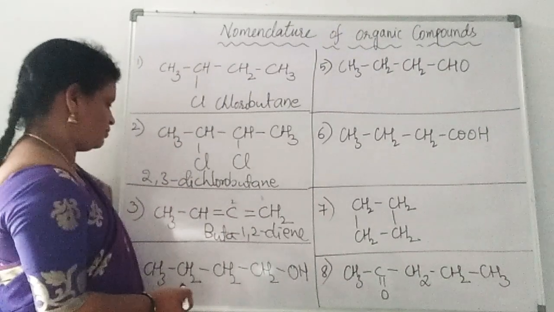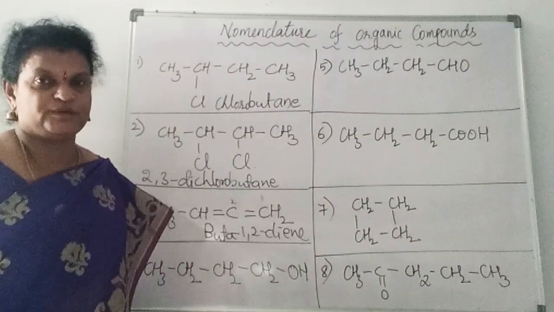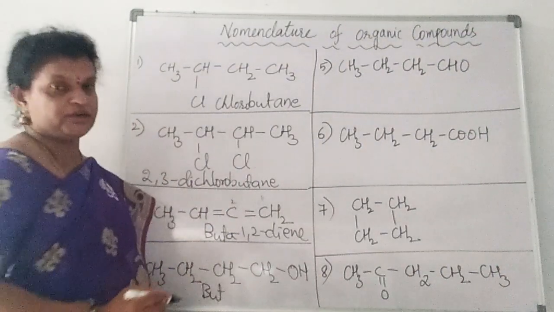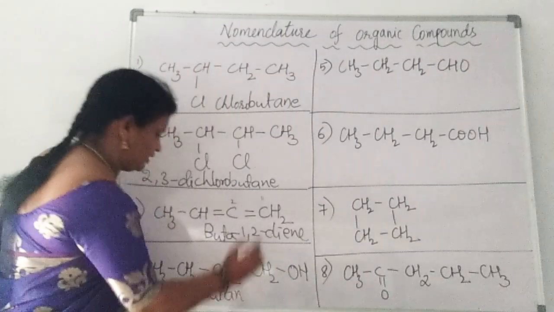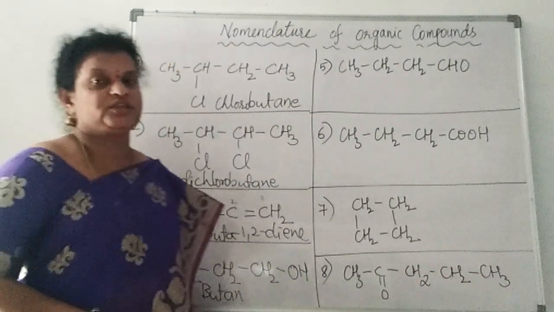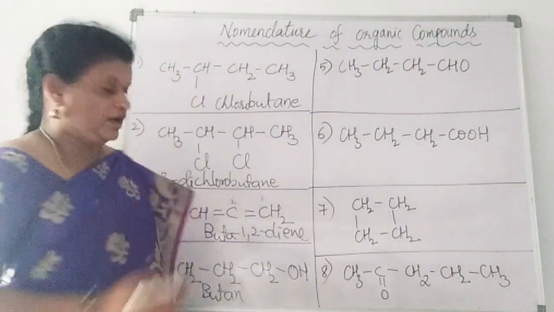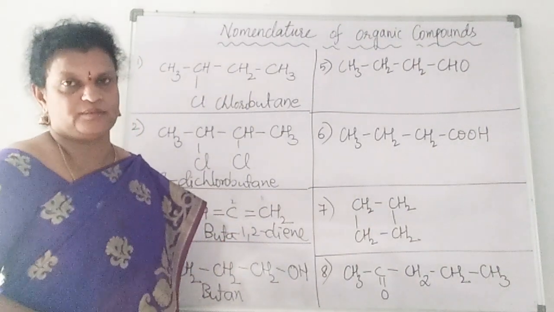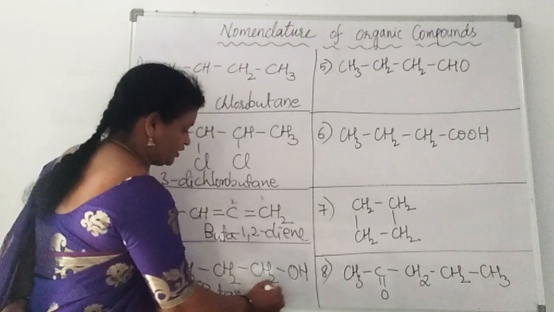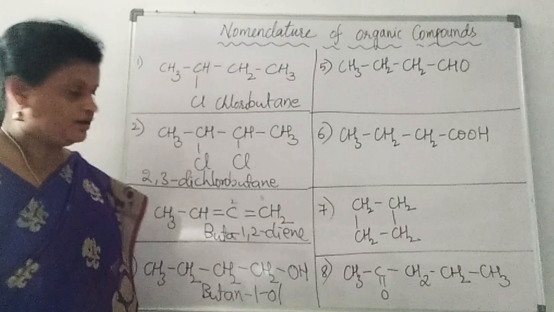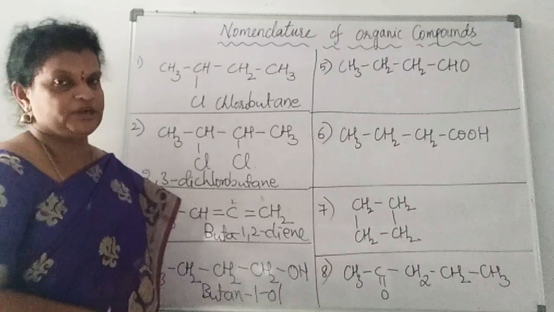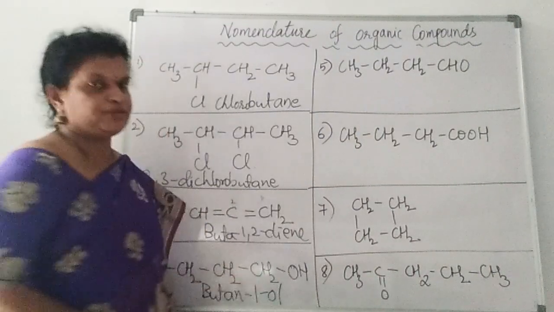Then see the fourth compound here. Here we have again 4 carbons. Root word we have to write but. And here we have everywhere carbon to carbon single bonds only, ane. And only one functional group is there, that is alcohol functional group. Whenever alcohol functional group is there, secondary suffix is written as ol, and only one time it is there, so no need to write any numerical prefix, right? So butane, number prefix we'll write 1 and then we'll write ol. Butane 1 ol. And we have to remember that if any functional group is present on the first carbon, actually no need to mention. If you mention also no problem. Butane 1 ol or simply butanol.